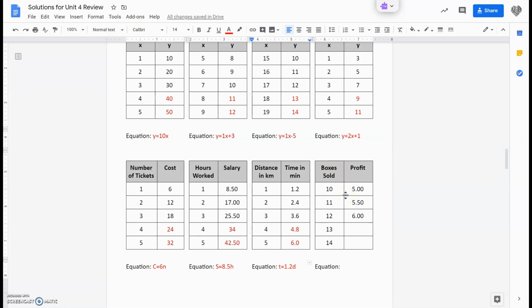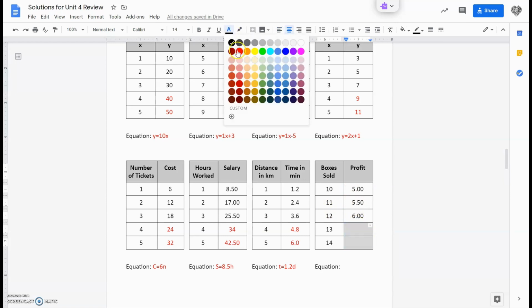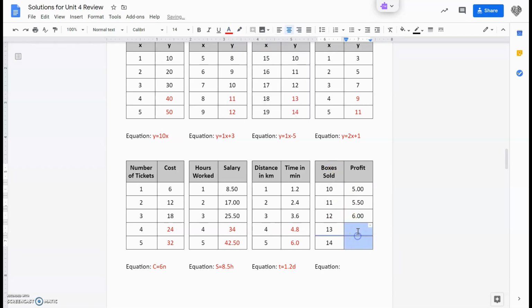So boxes sold, we're selling boxes of something. 10 boxes sold would be $5. 11 boxes sold would be $5.50. 12 boxes sold would be $6. It seems we're going up by 50 cents each time. So 13 boxes sold would be $6.50. 14 boxes sold would be $7. Okay, so our